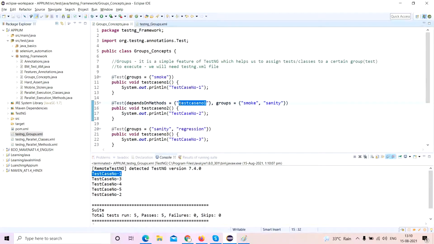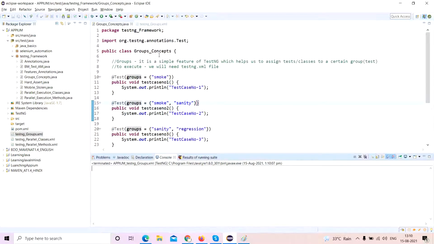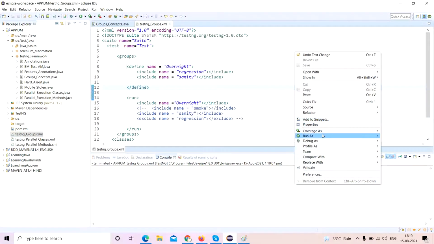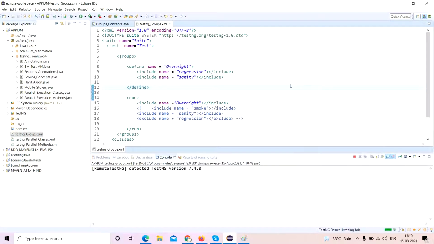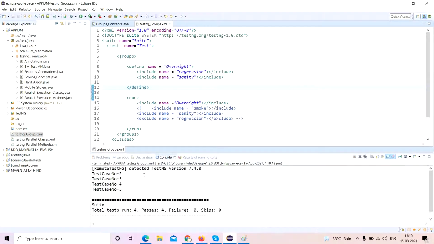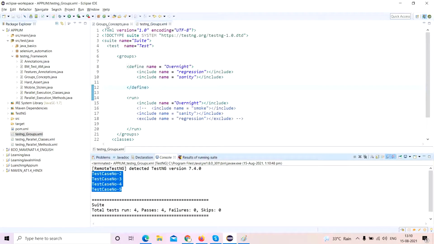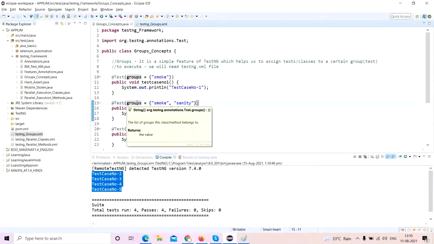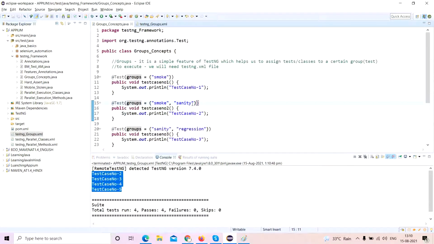Okay, so if I remove this particular exclusion over here, depends on methods. So let me remove this and let me check what is happening, because I forcibly gave depends on methods. So I'll run this again. Let's see if 1 is getting executed, or this time, see, it left it out. So the moment the depends on thing got removed, this got eliminated. I had totally ignored that particular depends on method section.